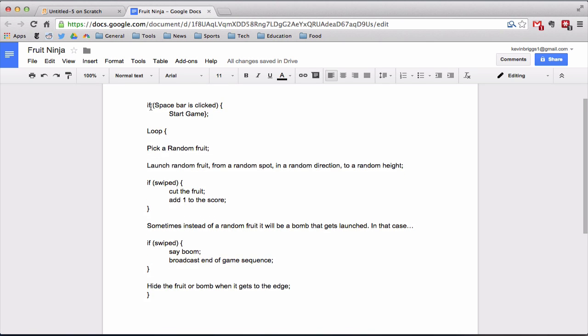So the first thing that we're going to do is that if the space bar is clicked, then we are going to start the game. That's fairly simple. I just have the instructions, and then I want to press the space bar and it will start the game. Once that starts, we basically have a loop that goes on